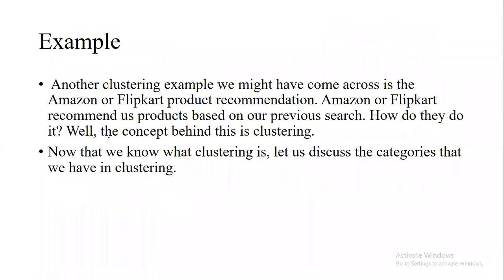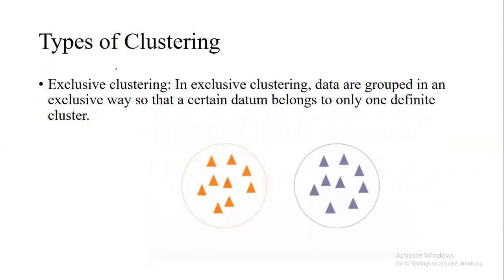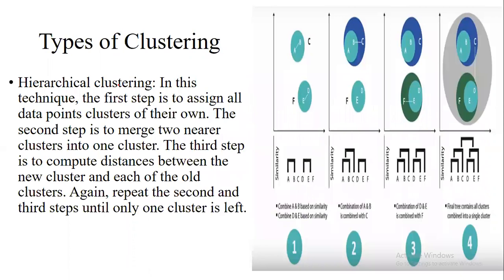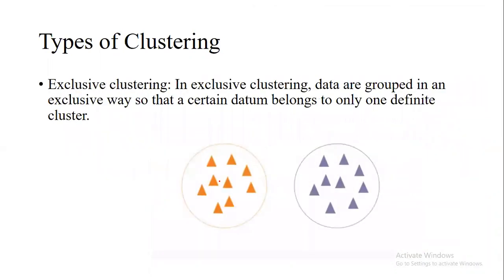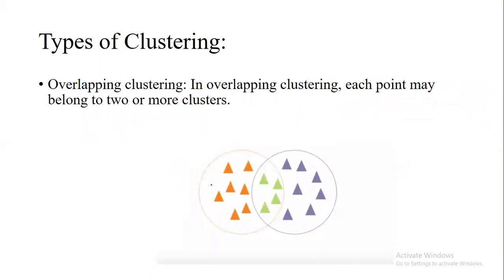First we will understand the different types of clusters. We have types of clustering like exclusive, overlapping, and hierarchical. Exclusive means two different groups with no connection between them. That's what exclusive clustering is. Overlapping clustering means that each point being clustered, some of this data is actually part of this or that. This may be part of this and this may be part of that. That's what overlapping is.